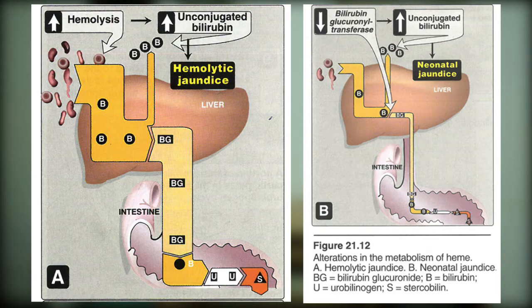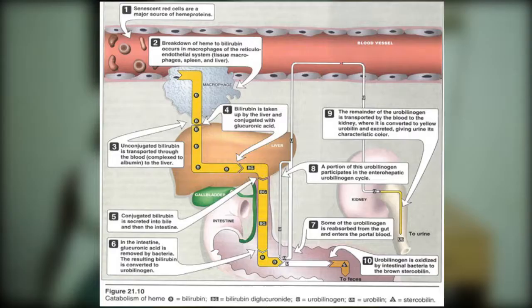And in the case of neonatal jaundice, what happens here? The enzyme bilirubin glucuronyl transferase is not fully developed. Unconjugated bilirubin enters hepatocytes, where it is supposed to be conjugated, then it goes to the intestine to be excreted. But due to the immature bilirubin glucuronyl transferase, the excretion may be less or it may not be properly conjugated. So these are the steps of heme catabolism.